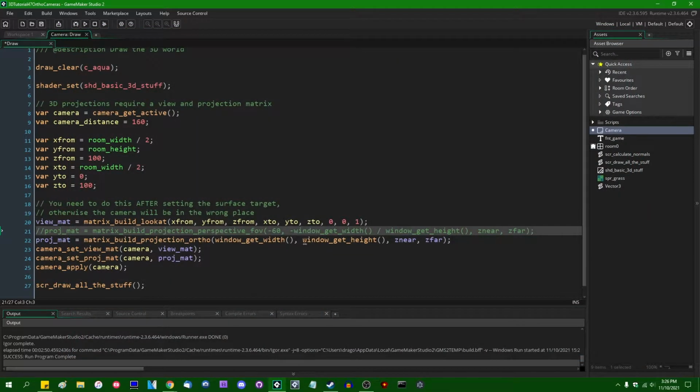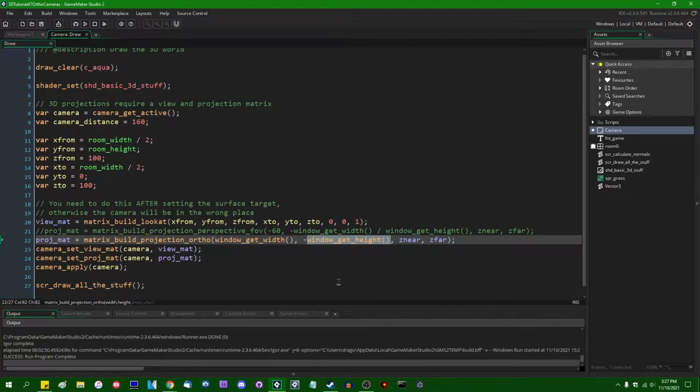So firstly, if we wanted to make the screen not upside down, you remember how I did this stupid hack in the early days of this 3D and GameMaker series where I just made the field of view negative and the aspect ratio negative? Well, we're going to do a similarly stupid hack just to make the world appear right side up, and that is just going to be to throw a negative sign in front of the window get height term in the orthographic camera